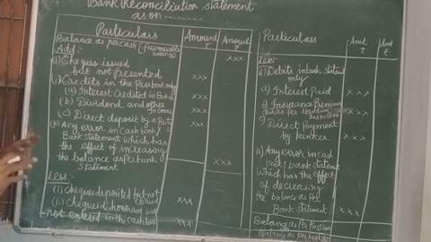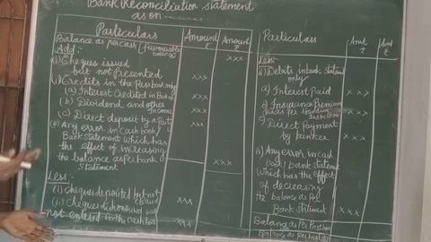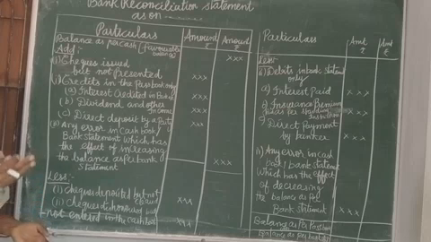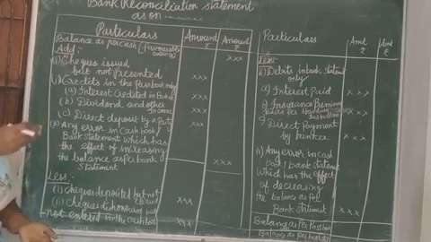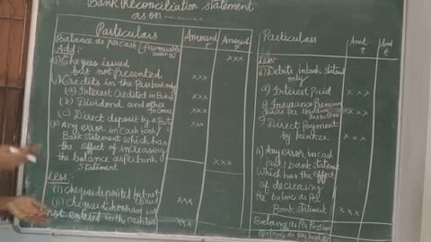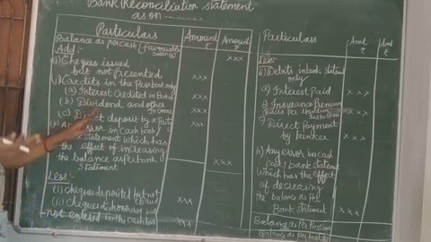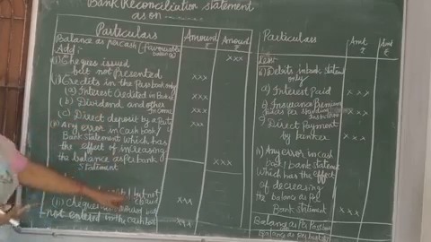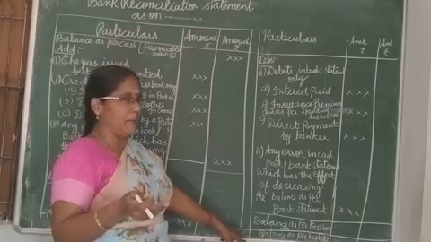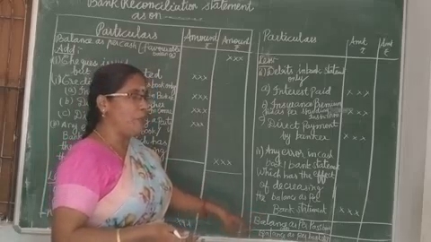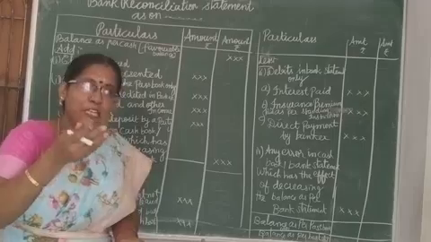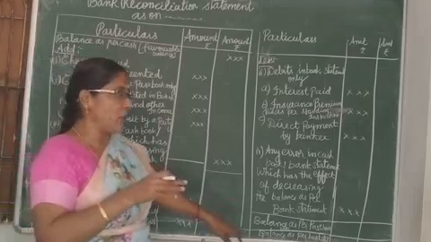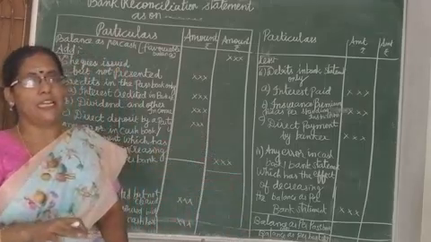Then credits in the passbook. What are all the possibilities in the credits in the passbook? Interest credited to our account means the balance will be more because the liability is increasing. As far as the bank is concerned, the liability is increasing, isn't it? So our bank balance will be more, so we have to add. Which balance are we going to derive? Passbook balance. In the book whose balance we are deriving, if the balance will increase we add, and if the balance will decrease we reduce.